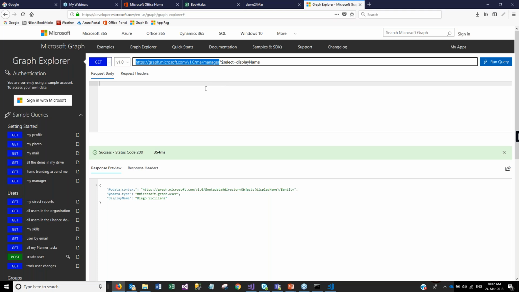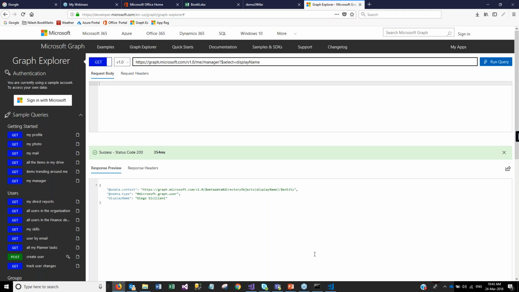But in our programming, I am concerned only with showing the name of the user. Then I can filter the data that I want to select only this field, display name. So then this display name field will be shown to you. So this is very basic Graph Explorer. So you have the first hand idea of what Graph API is,